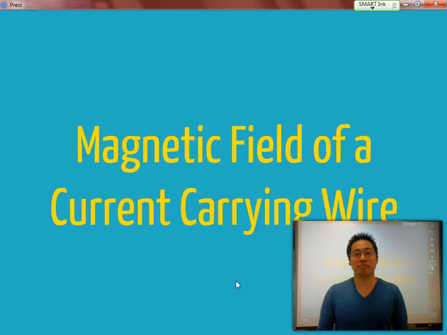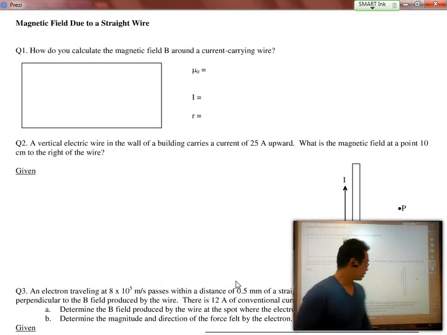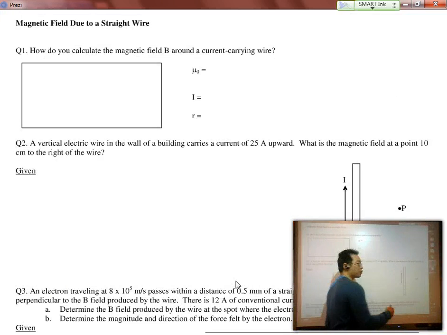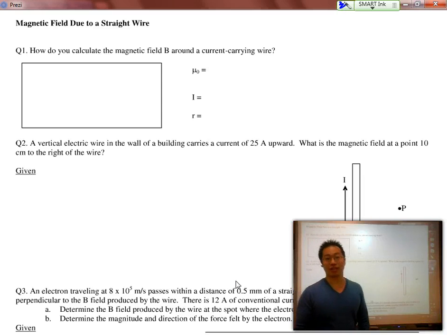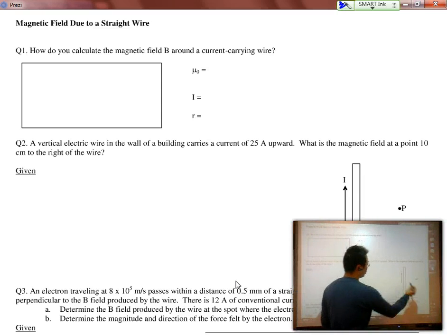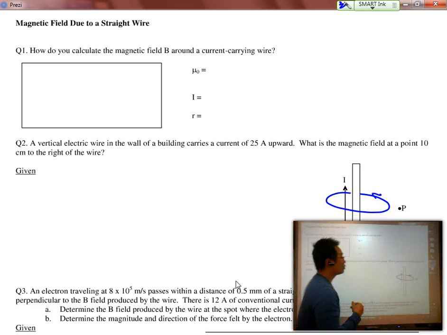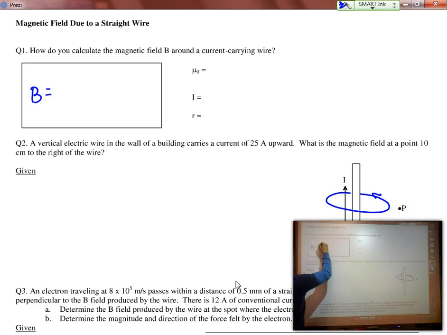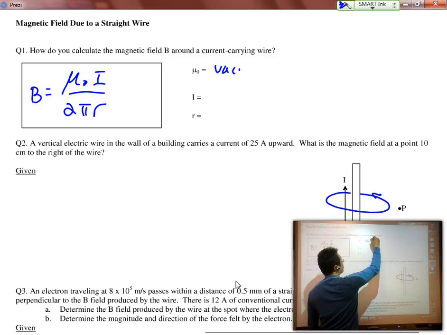Our next magnetism unit concentrates on solving for the magnetic field created by a current carrying wire. To solve for the magnetic field created by the wire, not an external magnetic field, but the one that goes around the wire itself, we use the formula B is equal to mu naught I over 2 pi r. Mu naught is the vacuum